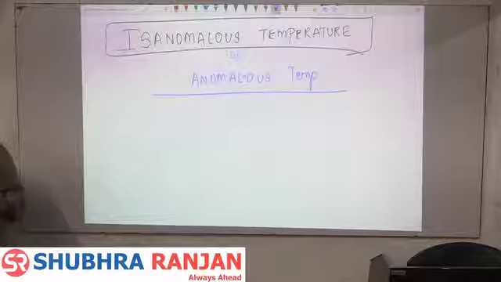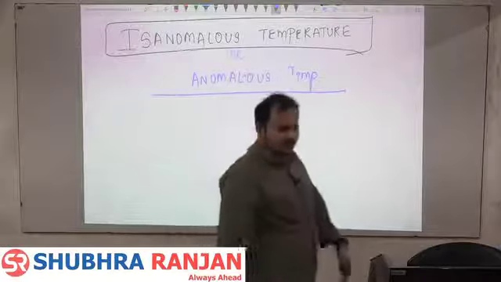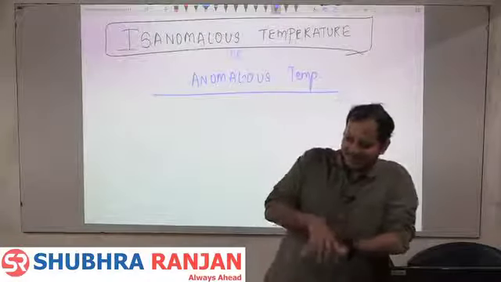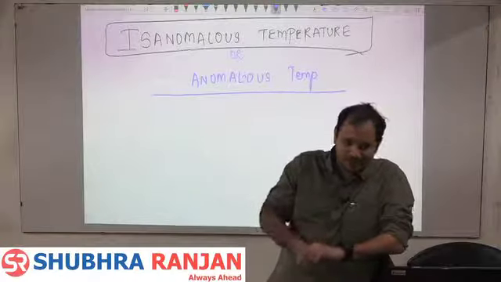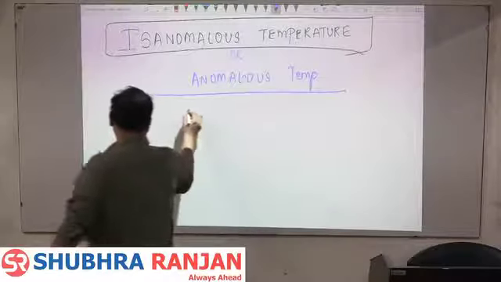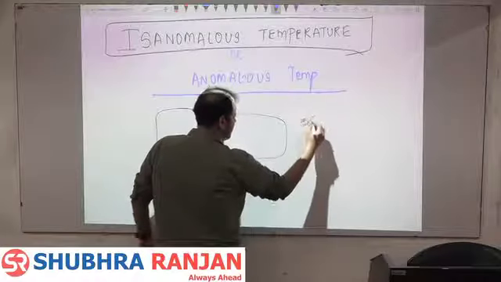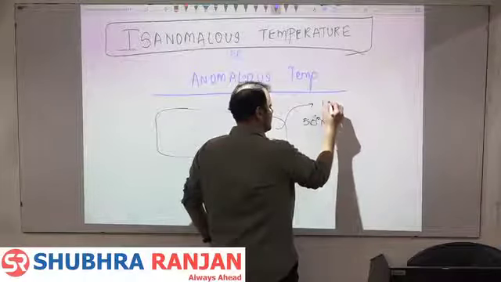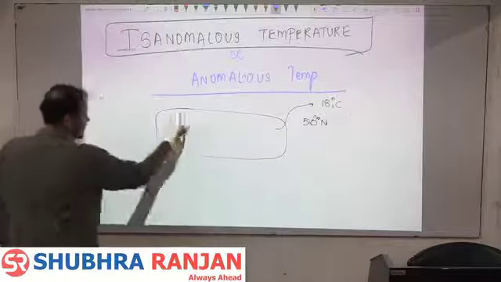If it is 0 degree Celsius और average होना चाहिए 10 degree Celsius, then it will be known as negative anomalous temperature. क्यों हो सकता है anomaly? Tell me whether he is right or wrong. There is a place which is located at 50 degree latitudes anywhere in the northern hemisphere जहाँ पे temperature of a place should be 18 degree Celsius, but a warm ocean ये पूरे region में, this is the coastal place,